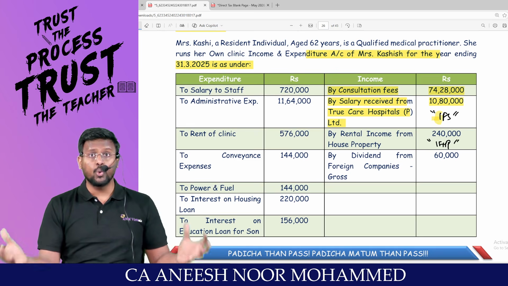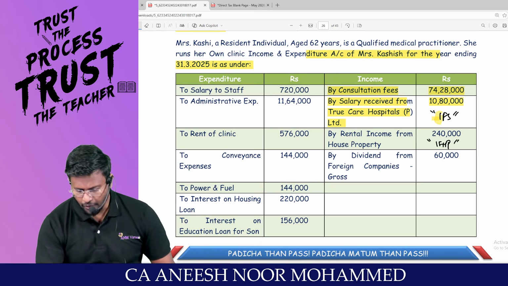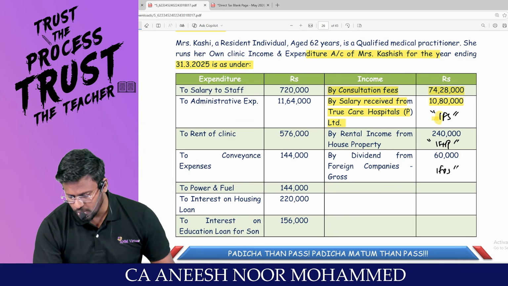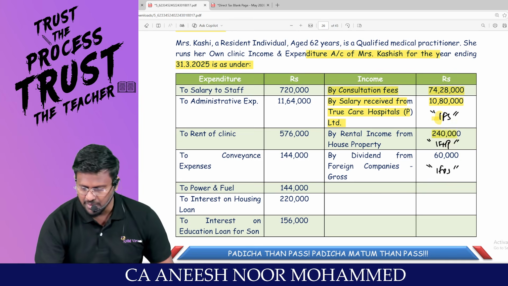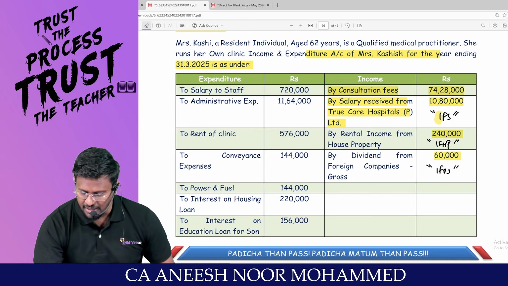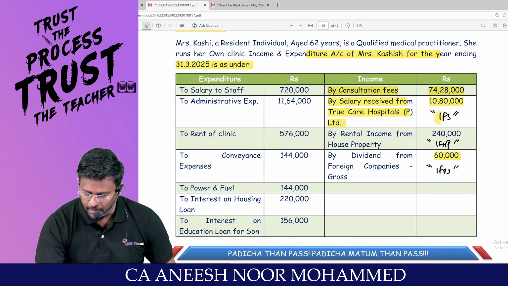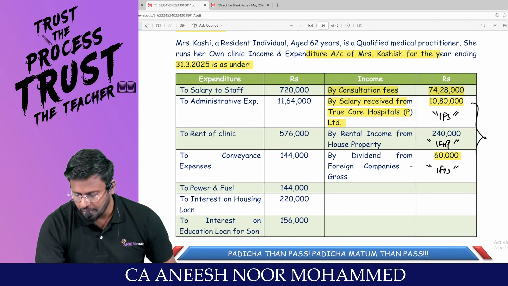That means removed from the PGBP and included in IFHP. Dividend from foreign company gross, this has to be included in IFOS. Super. 3 different income heads have been given: salary, house property, IFOS, but everything has been credited to the PGBP. This is an impurity for the PGBP, so we have to remove it and include it in the